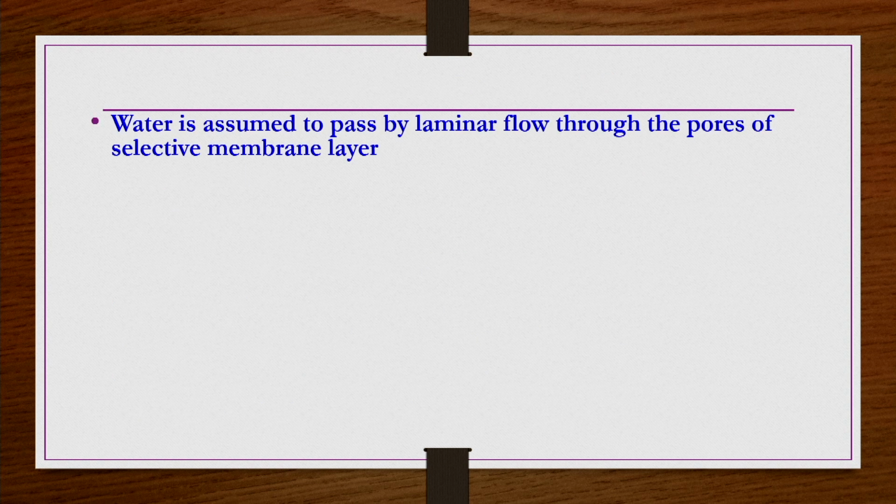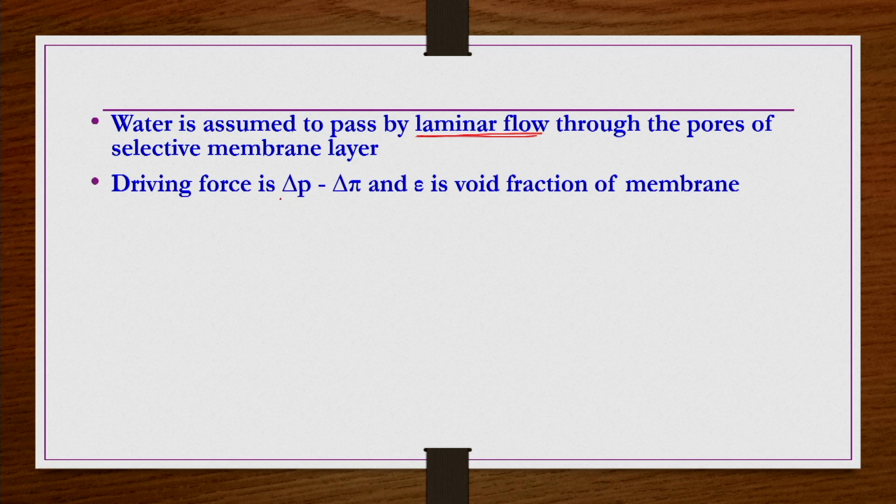Now, let us assume the water is flowing through a porous structure of the selective membrane layer in laminar flow. Not necessarily assuming, because in general whatever the flow is there through the membrane, that permeate flow rate is in general very small. So, the Reynolds number would be in general very small. So, under such conditions, laminar flow conditions or equations related to the laminar flow can be happily considered. And then the driving force here for the performance equation we are trying to develop for the clean membrane.